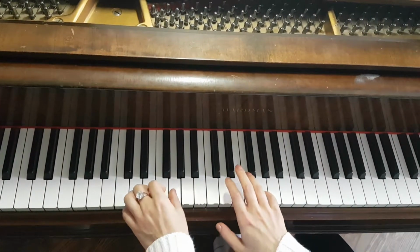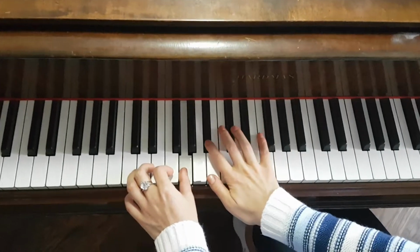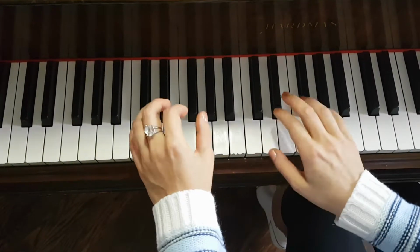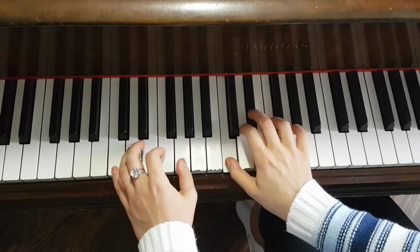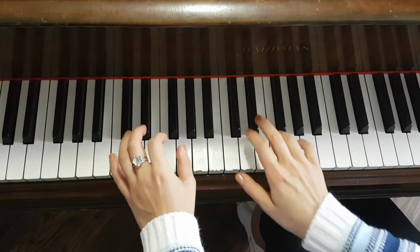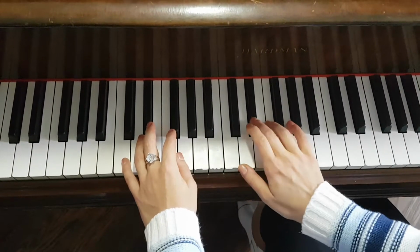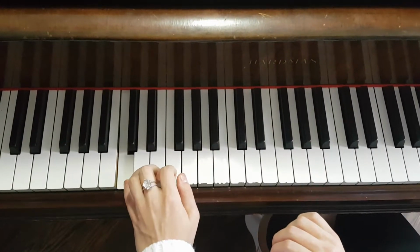Hold, then G and G. Now let go and left hand still holding for a second, and now like beginning. Hold, left hand G, G, F sharp, G, and right hand E flat, detach, hold, let go, left hand C,